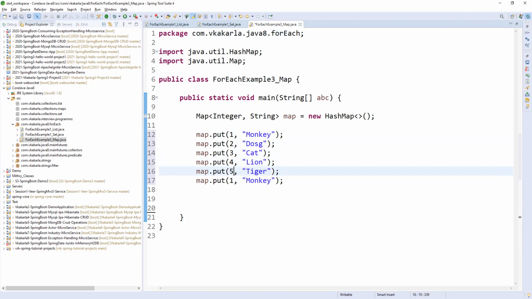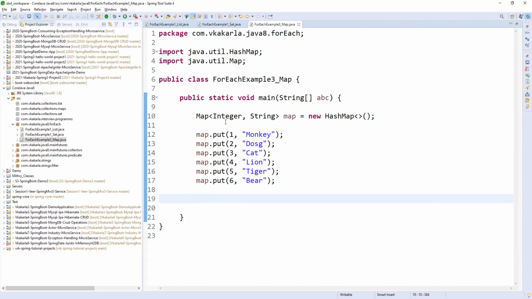You can change the value, and 6 you can give some animal, bear. So now this is the map of data.